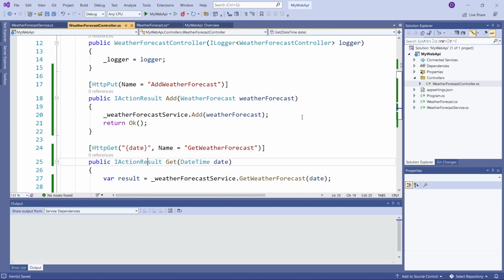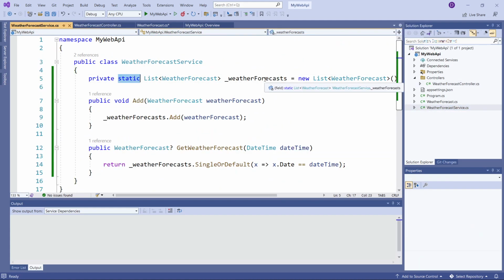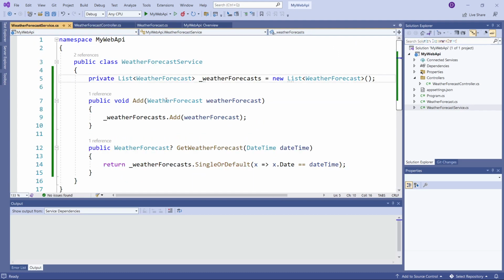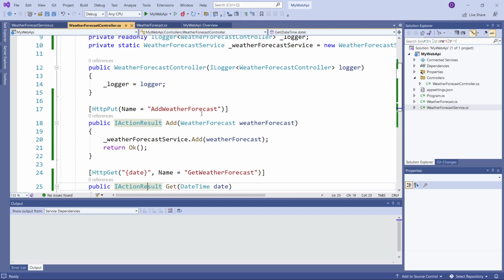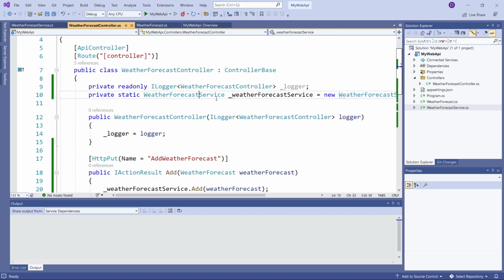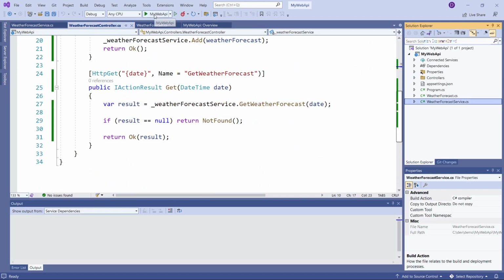Okay. So let's go ahead, and because our controller class is static, this doesn't have to be static here. And again, right, this is just acting as a database. In real life, you probably are connected to a real database. But in our case, we're just going to do it in memory, and the weather forecast service is a static instance. Okay, so we will go ahead and run